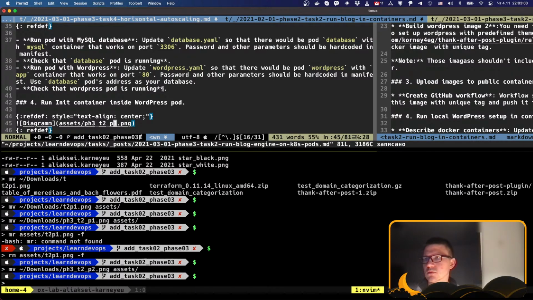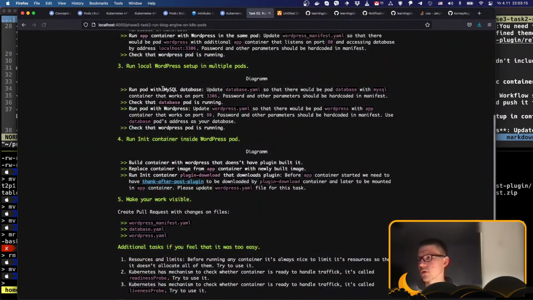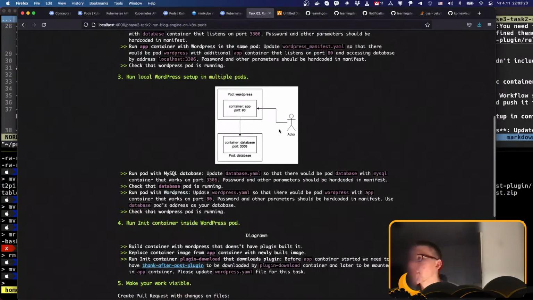Where is it? Page 3 task 2. Part 2. Okay, this one looks nice,